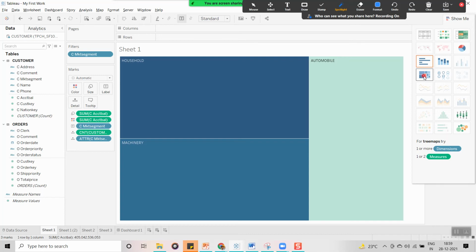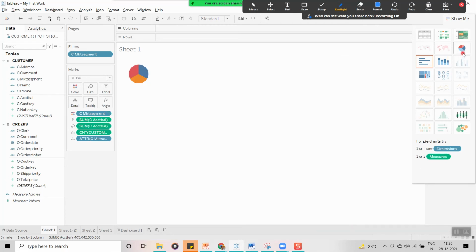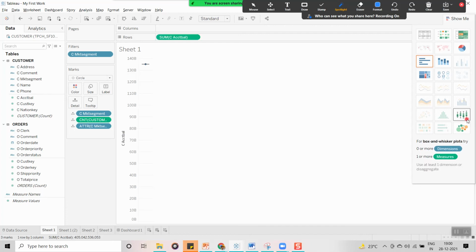And to create a pie chart, one or more dimensions and one or two measures. And to create box and whisker plots, one or more measures. Whenever they ask what fields are mandatory for a graph, you should be in a position to tell on the spot.